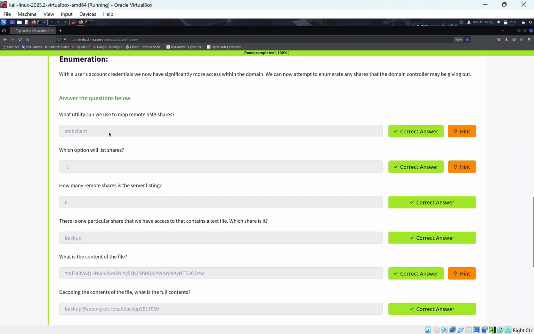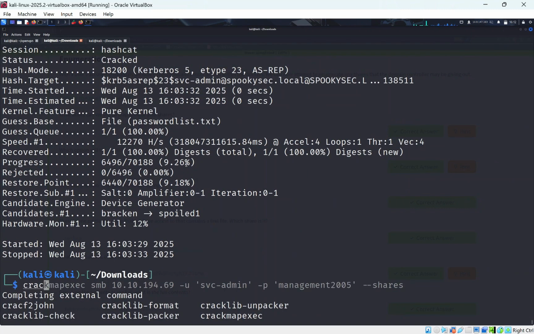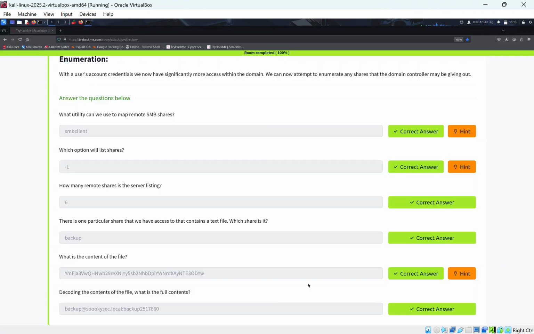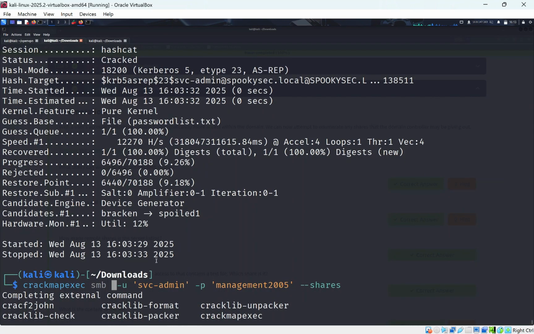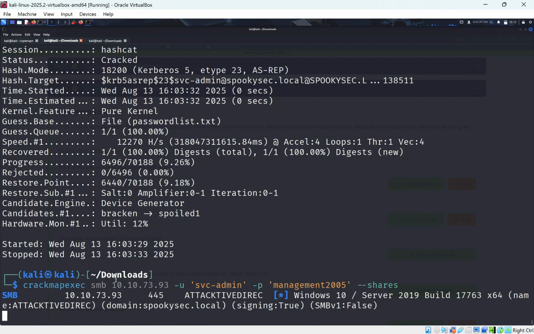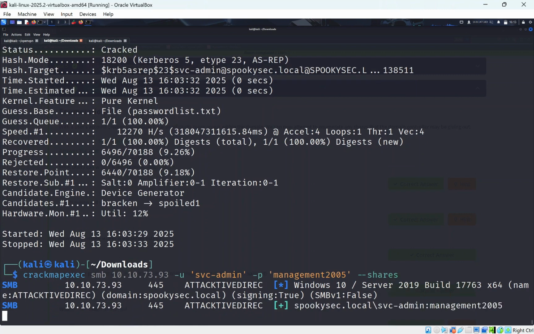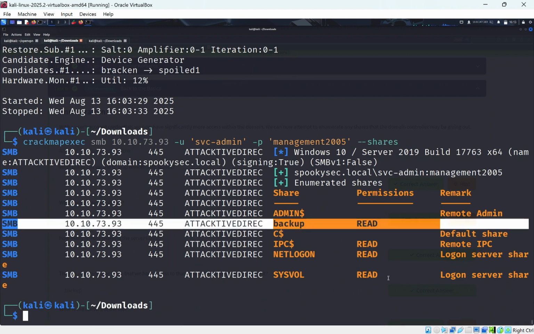and we can use SMB client, but I'd rather use a tool called crackmapexec, which is a better tool pretty much. All this command will do is check the SMB protocol with the username svc-admin and management2005, and we're going to be using the shares command. And if you scroll to the top, we copy the password, and we'll see that we have some shares that will be readable, and we signed in, the sign in is true, and we'll be waiting, and we can see we get backup is readable,